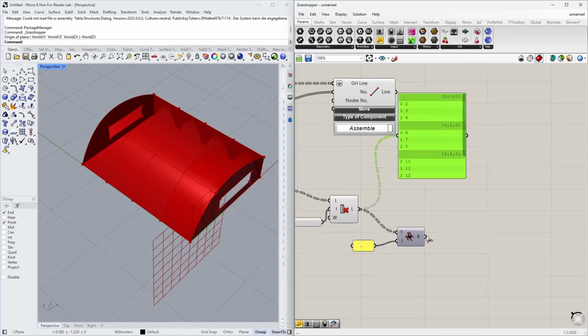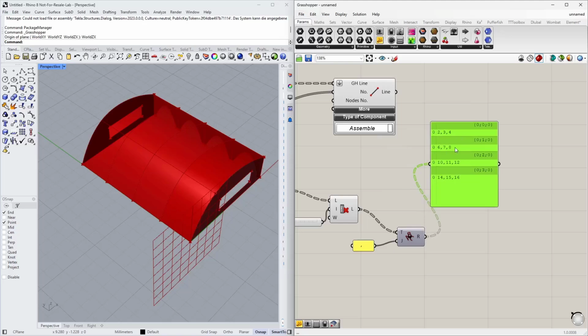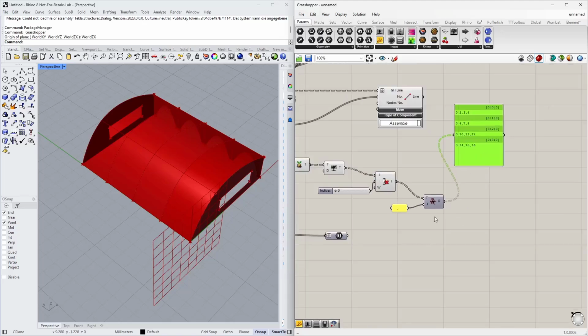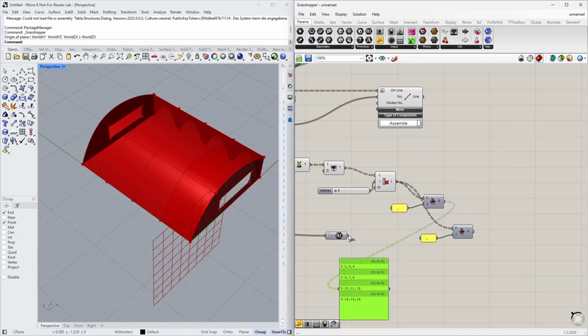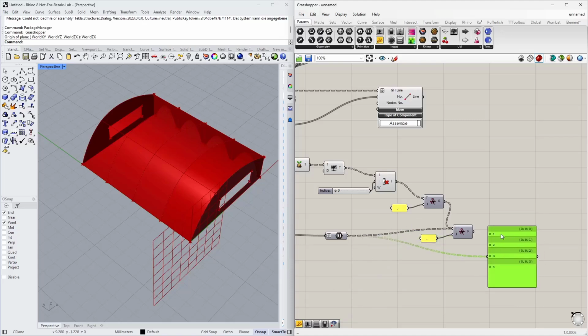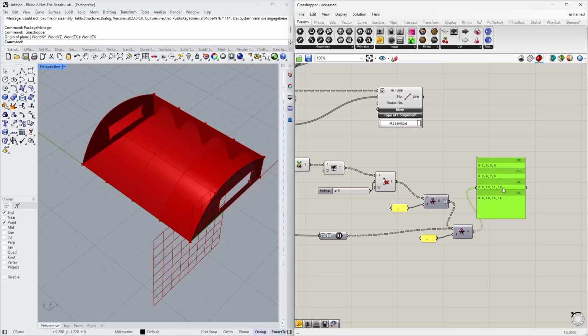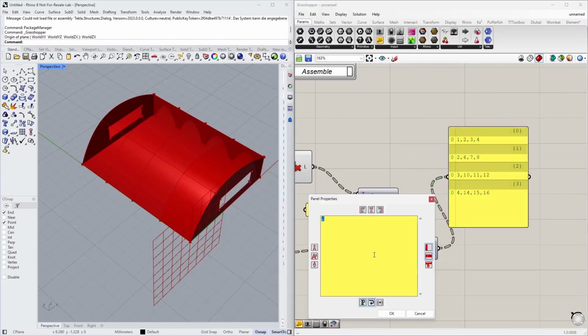So let's see the result of that. 2, 3, 4, 6, 7, 8. Okay. Now I can join my surface numbering with the line numbering. So another text join component, where I insert the surface numbering first, and then second the line numbering. I just have to be careful that I use the same amount of grouping. So I simplify my groups, and now I have exactly what I need, just not the right division